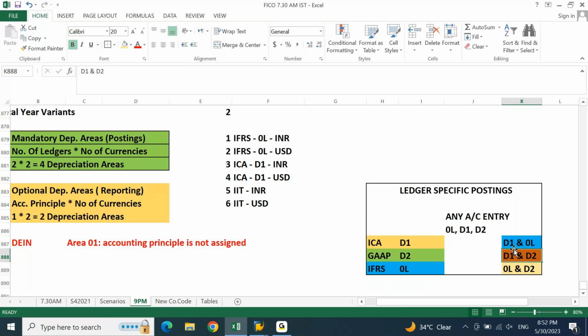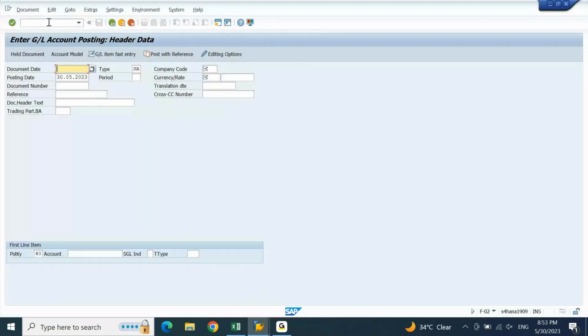Now, if I want to post to a single ledger, I will be using D1, D2, 0L. If I want to post to specific ledgers, let's say D1 and D2, I need to group D1 and D2 into a different group, a ledger group, correct? Correct, sir. Out of the three, how is the system going to understand I have to update only D1 and 0L? There has to be a group for it. Similarly, for any combination that you have, you will have to create a ledger group. Now, whenever you are posting any transaction to the ledger group, you are going to use FB01L.